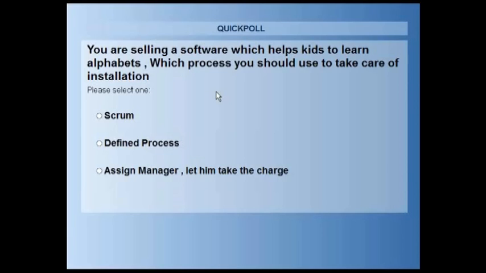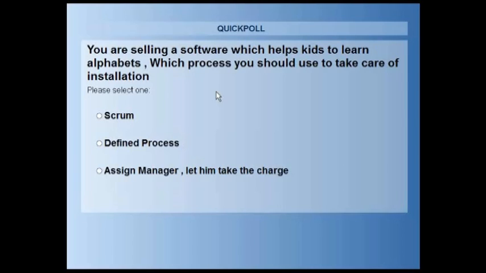But you may not be able to give a potentially shippable product every 30 days. In a way, I tend to agree with this point, because the cost of change defines the systems. Okay, so final poll.